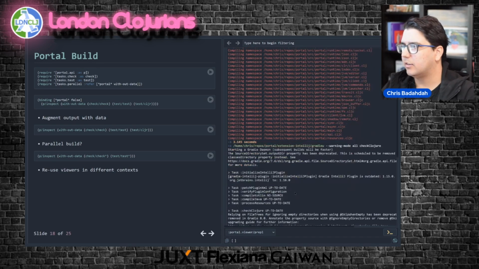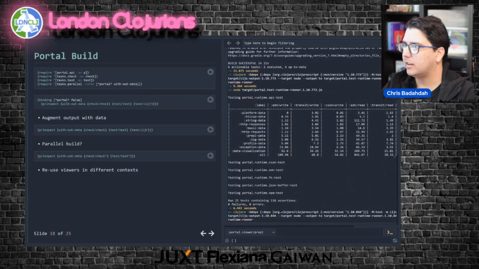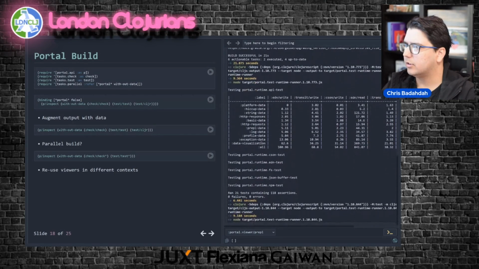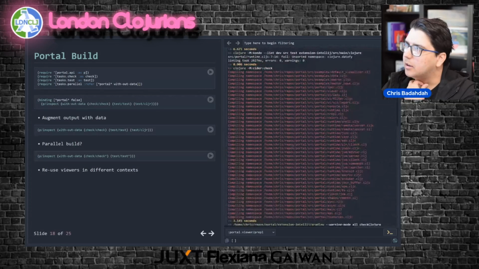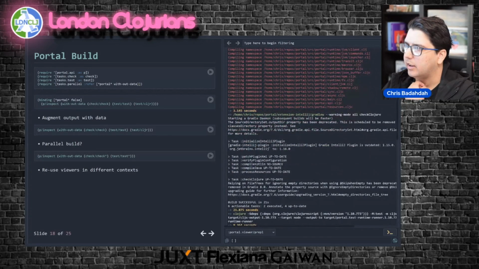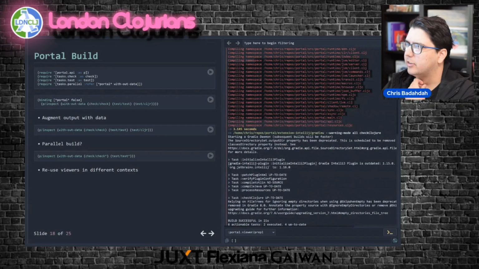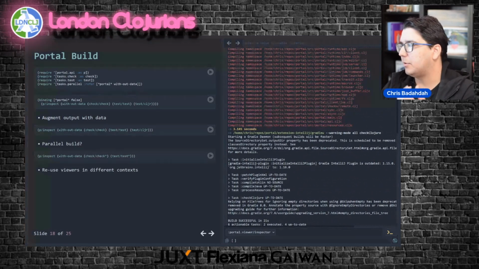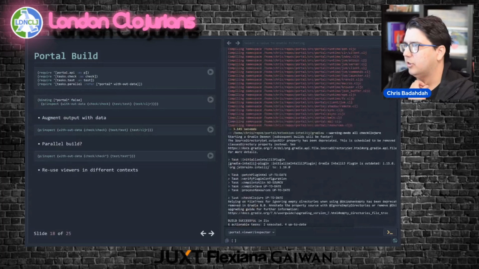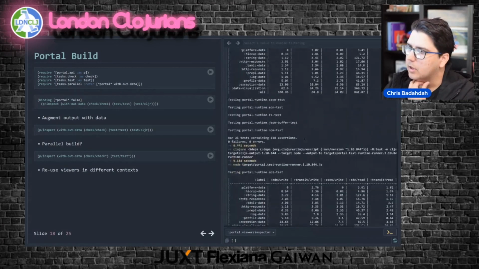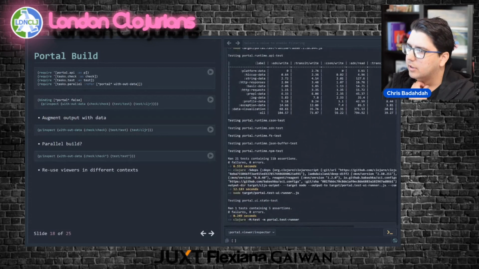So let's see. You'll see ASCII formatted tables using Clojure's table formatting facilities. And you'll see this is all standard output. This is standard error, because there's a distinction between standard output and standard error. I think this is just because the tool decided to output stuff to standard error. There's more tables.